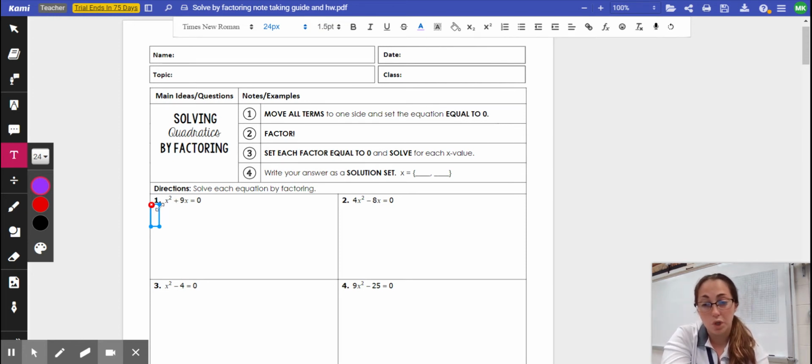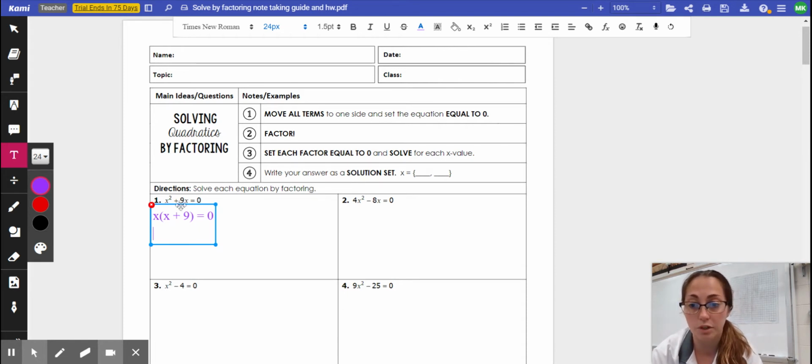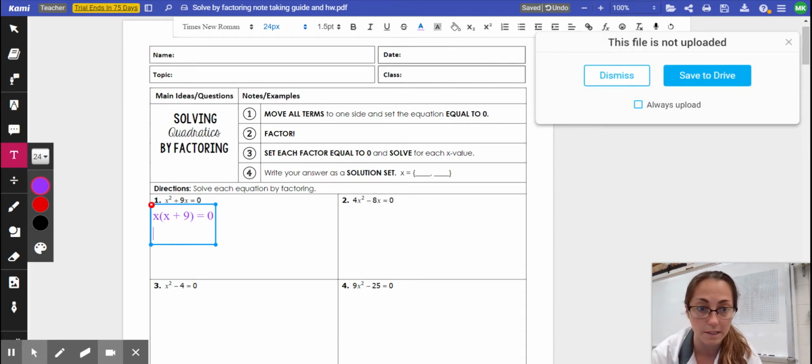So when I have two terms, that either means difference of squares or greatest common factor. In this case, it's greatest common factor because I have x squared and a 9x. That means I have an x in common in both. So I'm factoring out an x, and I'm left with x times x plus 9 equals 0. And from there, because I have two different values that multiply to equal 0, that means that,